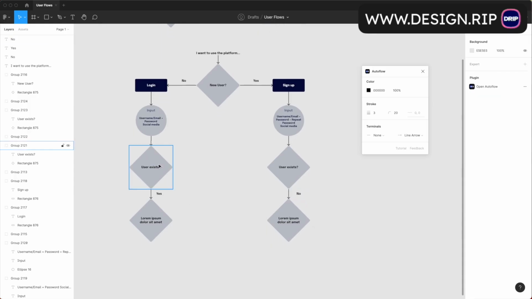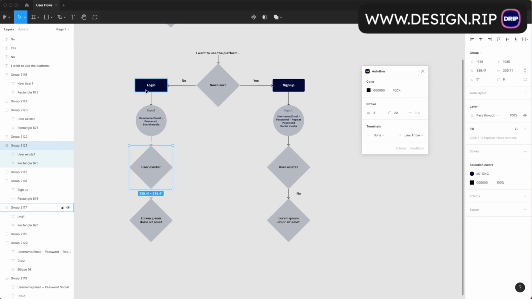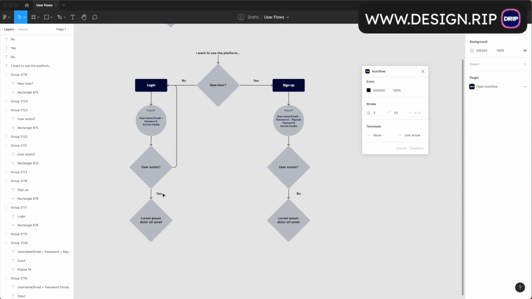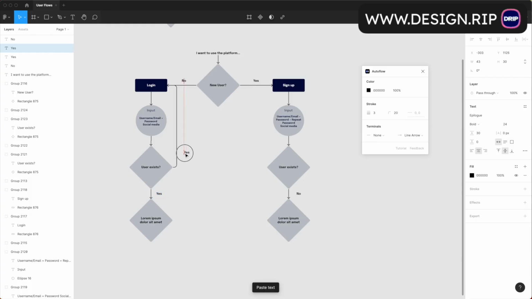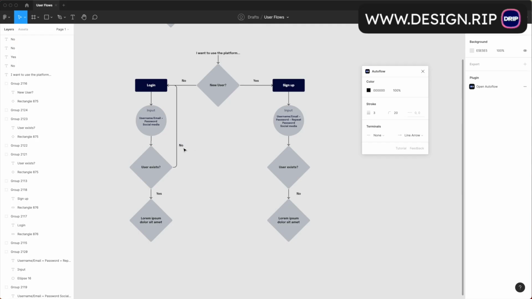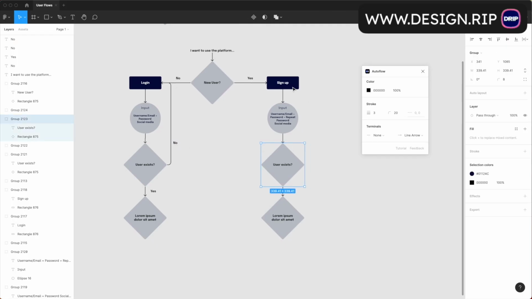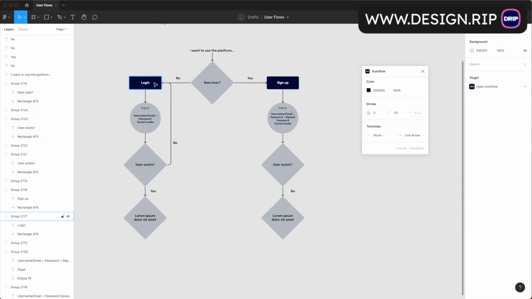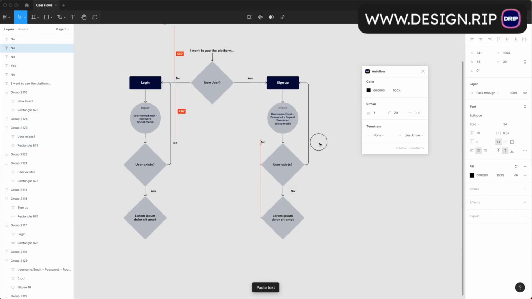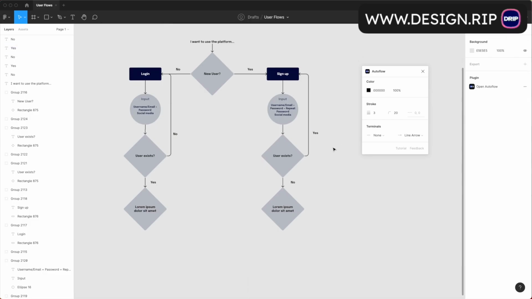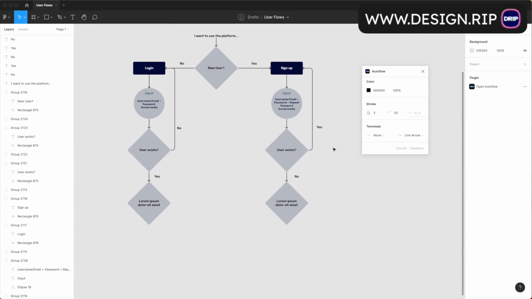For the login flow, if the user doesn't exist, we should navigate the user back to the login page and display some kind of text saying that the entered inputs don't match any registered users. We should definitely add an arrow which will start in the diamond and end again in the login page. For the sign up, it will be reversed, because if a user exists, we should navigate to the sign up page again, where we will see the text saying that the user is already registered, and we should choose different details